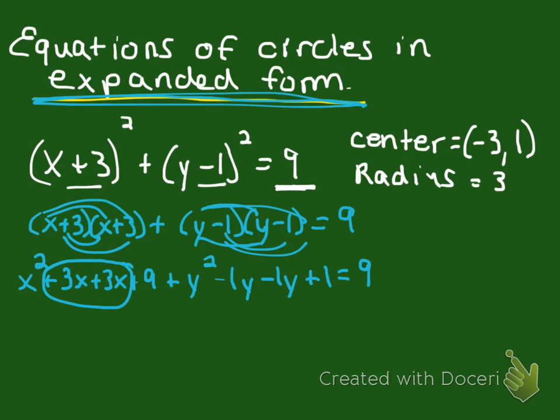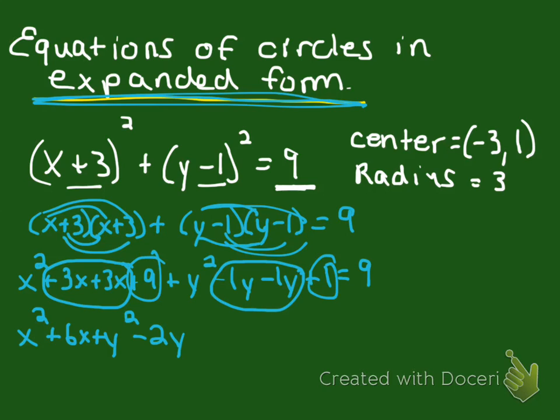I've got my x's here, so I would have x squared plus 6x. I have my 2y's over here, so I would have plus y squared minus 2y, and then my whole numbers, which would give me plus 10,